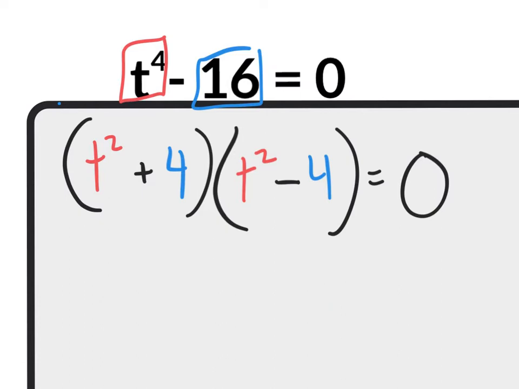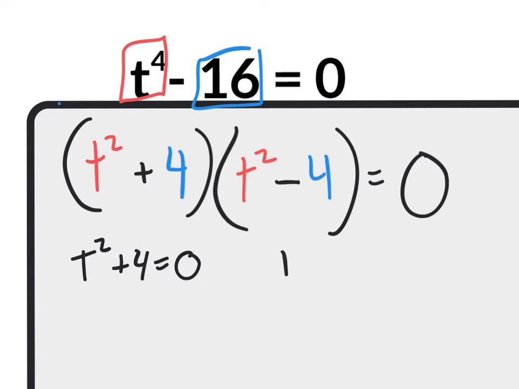Or if I wanted to, I could say, wait, I have a difference of two squares again, which means I could split it further. So it's up to you guys. Do you want to factor further and then split everything, or split it now and then solve? What do you guys say? You want me to continue factoring this guy, or do you want me to just split them? There is no wrong answer. Split. Split them. All right, so if we split them, we're going to have t to the second plus 4